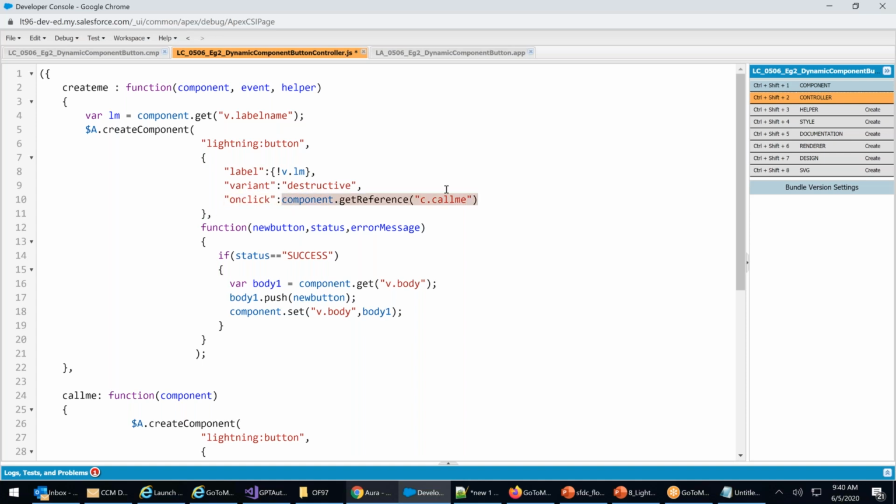You can do this dynamically with component dot, because it's inside the JSON, guys. Getting it? I'm inside the JSON, so in the JSON I have to pass component dot get reference, v dot. What is that? LM. Why is LM already there? Sorry, my mistake. I already pulled LM, no? Control S. There we go. I already pulled it, so why was I doing all this inside? Create. See hello, hello, bye.